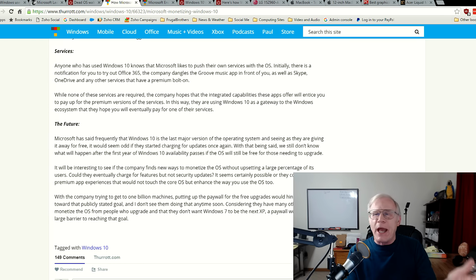I mean, their goal is to have Windows 10 on, like, 1 billion devices within a 2-year period of time. That includes installs and IoT things, that's Internet of Things, Xbox One, phones, tablets, as well as PCs, laptops, Ultrabooks, etc. And so I don't see them actually charging end users directly for upgrades as long as you've got an existing device that has Windows 8.1 or something like that pre-installed coming down the road.